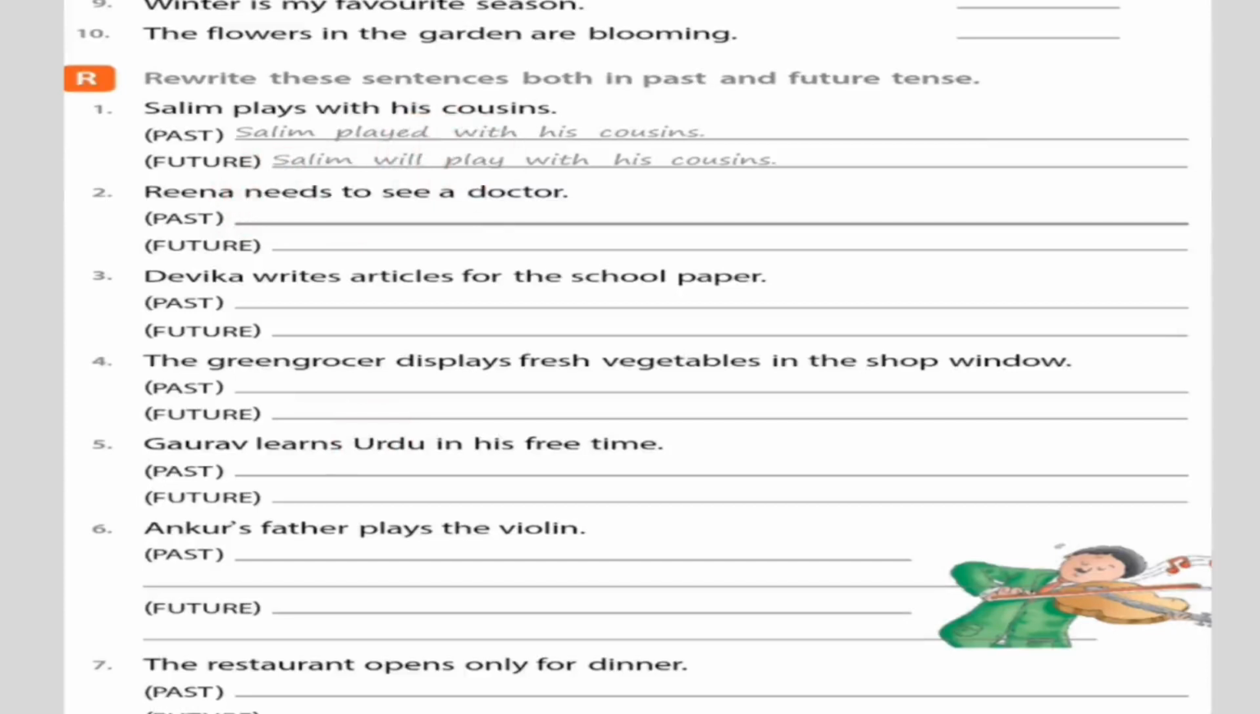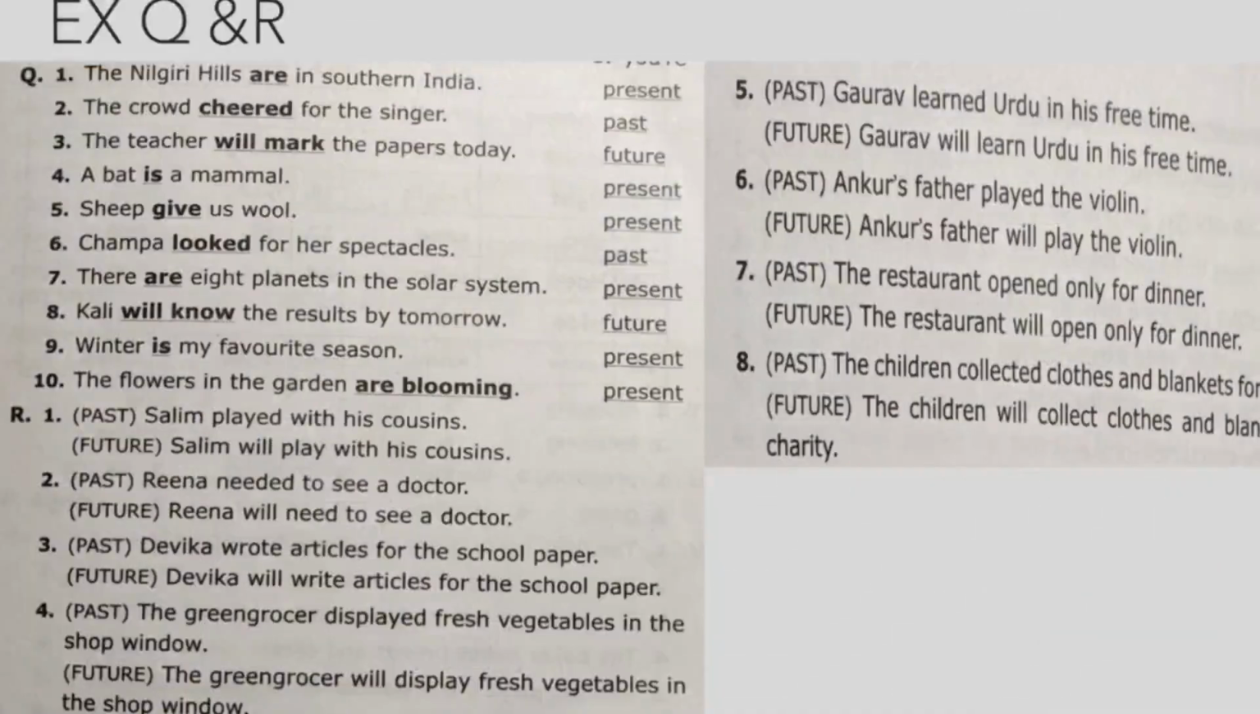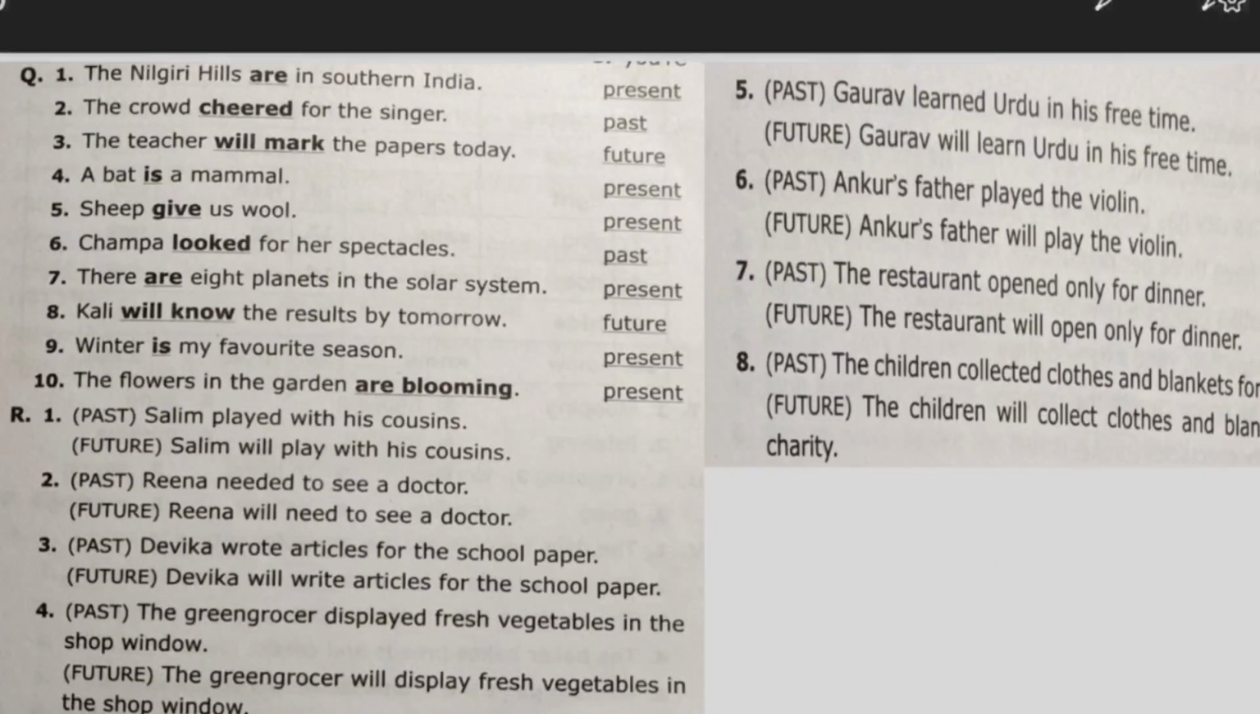So when we want to make the sentences past and future, write a sentence which shows past tense, and a sentence which shows future tense. The green roses display fresh vegetables in the shop window will be your homework. The answers are, so we have to make it into past tense. These are the answers. First you have to identify the verb, and then we have to change it into the other tense. Okay, the green